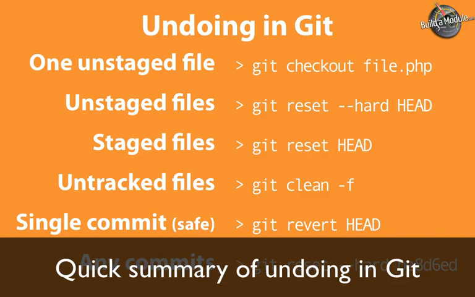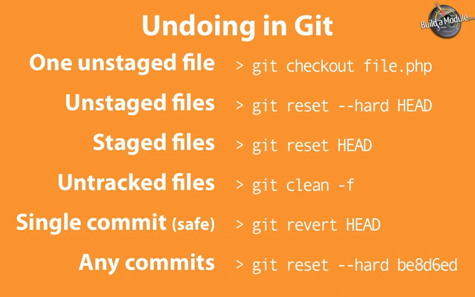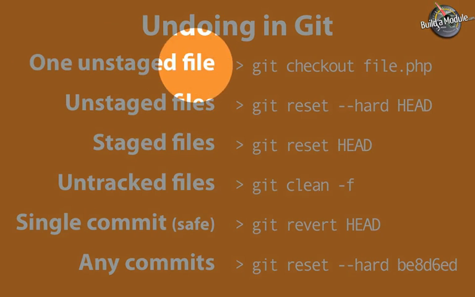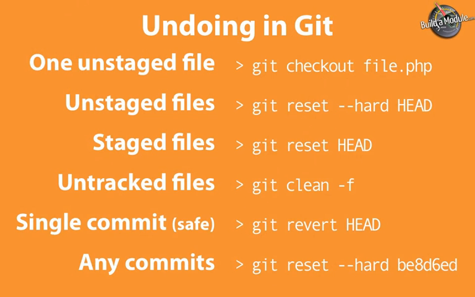Now we just spent a good bit of time talking about how to undo changes in Git. Quick summary you can use as a reference later on. The first thing we looked at was undoing a change in one unstaged file. So this is a file that's being tracked. We've already added it to the repository at some point, and we've made some modifications. But we made a mistake and we want to undo the modification, so we can use git checkout and then the name of the file in order to basically pull out a copy from the current revision of our file and replace our current one with the modifications with that new unadulterated one.